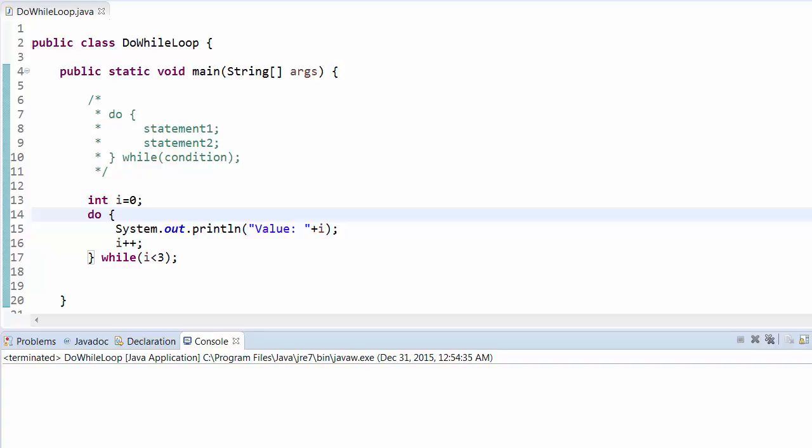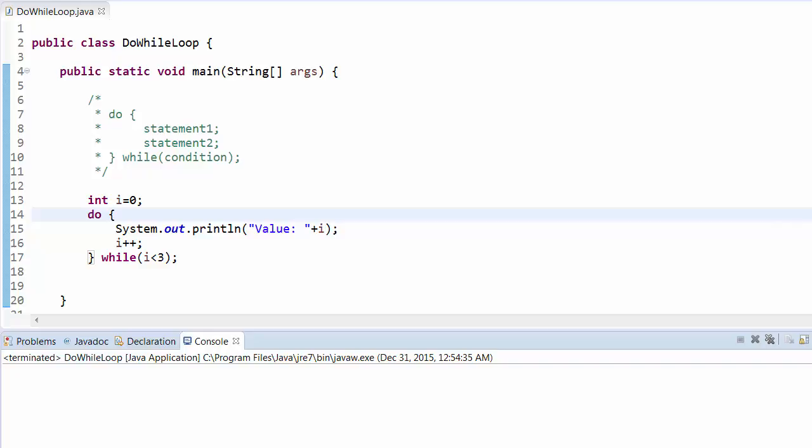In last tutorials we saw the implementation of for loop as well as while loop, and today we'll see the do while loop. The main difference is that in for loop as well as in while loop we follow the top to bottom approach. Like first we check the condition and then we execute the statement. But do while loop follows the bottom to top approach. So it means that first it executes the statement and then it checks the condition, right?